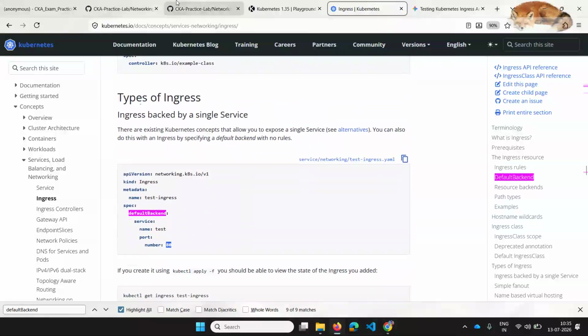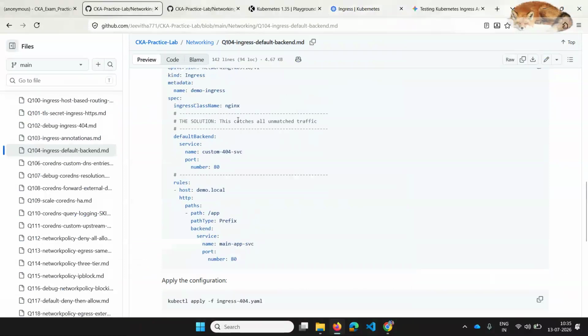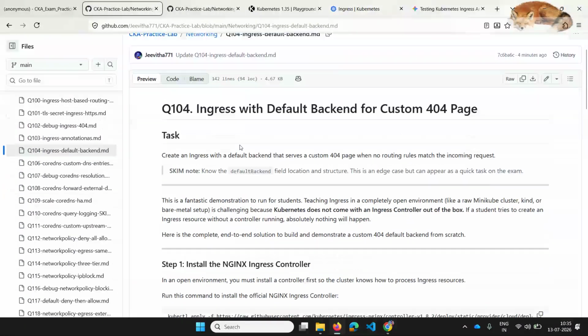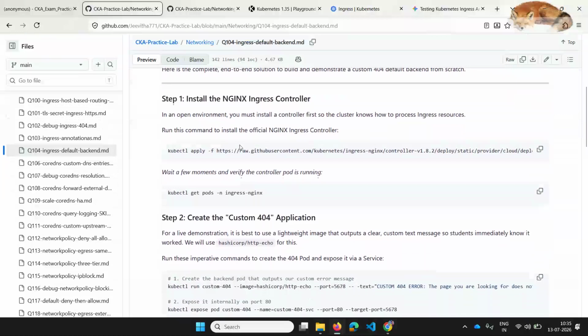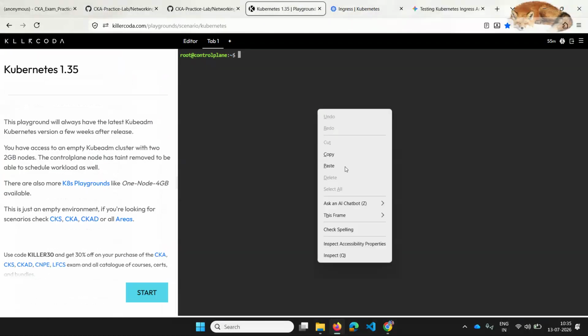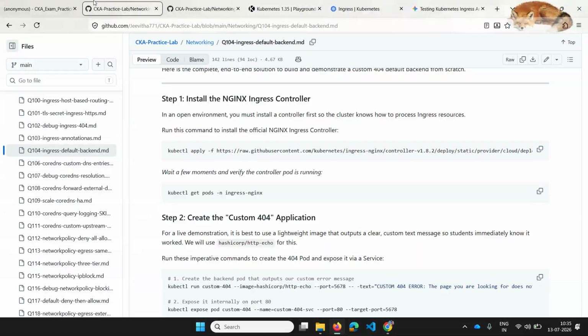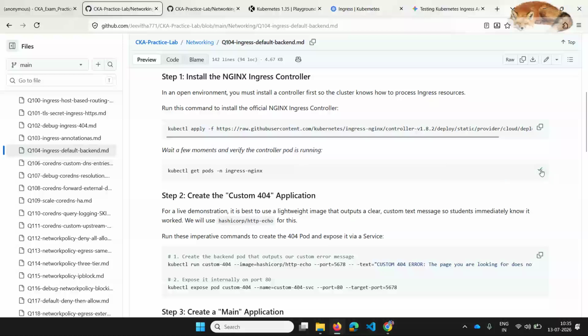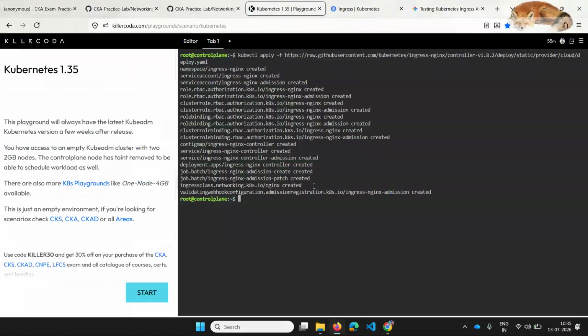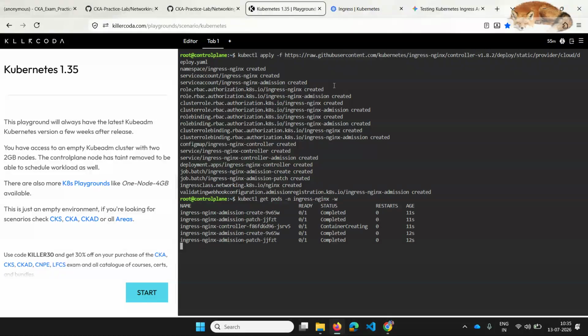So now we'll see the implementation of this. You can also take help from my GitHub to solve this question in parallel with me. We know that we need an ingress controller. First, it has to be installed to properly demonstrate, and you can create the ingress controller and verify it using get pods in the nginx namespace.